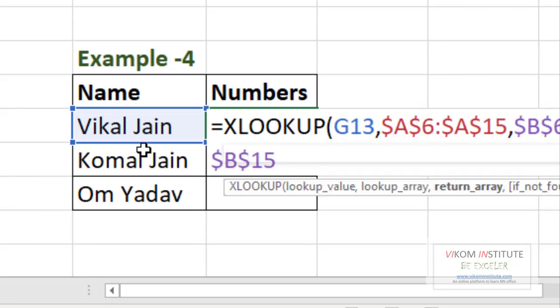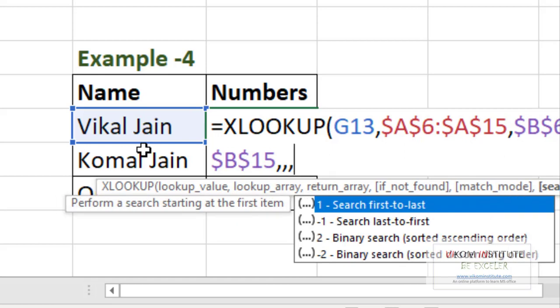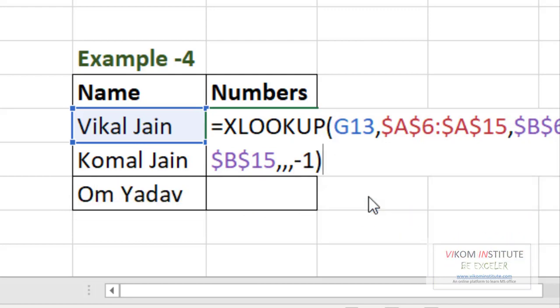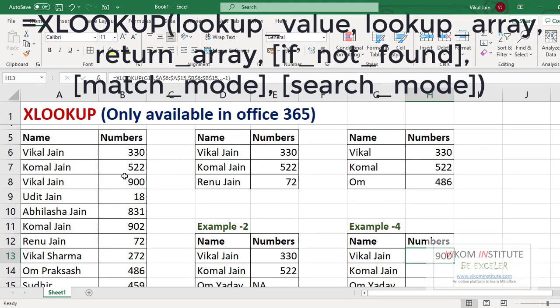I don't need this one. Now search mode, if you want last to first, then you can use -1, close the parentheses and control enter. Now it is taking the last name in the list.